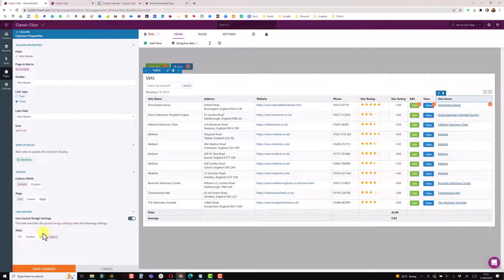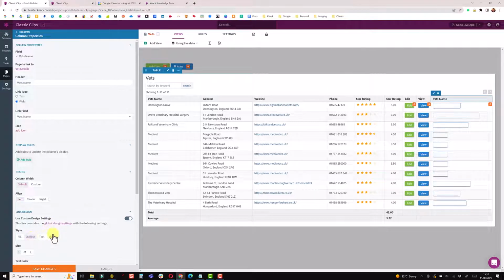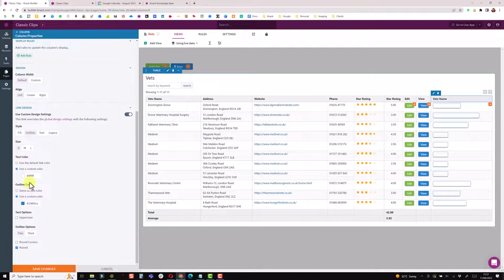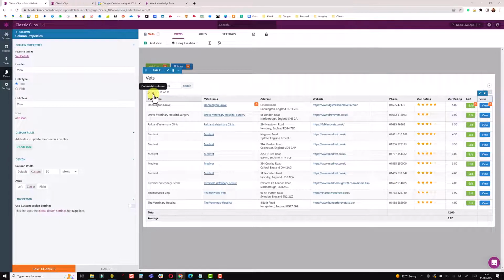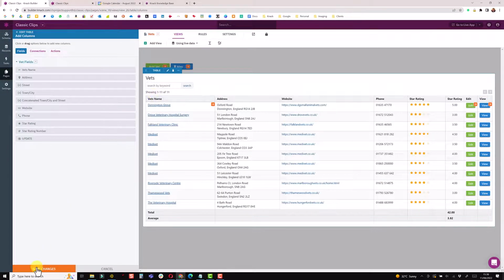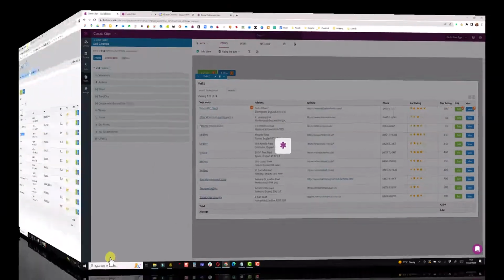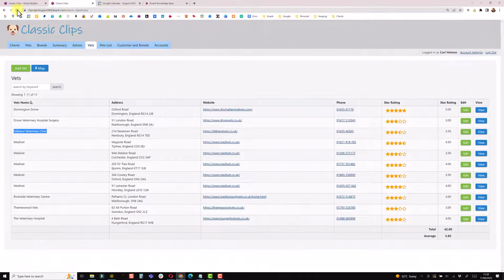Equally, you could do different options and have outlines, so if you wanted to show it as an outline here and change the color to a darker color, you can now see this is what it would look like in the live app preview. But for me, I'm just going to go to legacy and then move the column over to the left, and then I'm going to delete this plain text column because I no longer need it. Save the app, back to the live app, do a browser refresh,